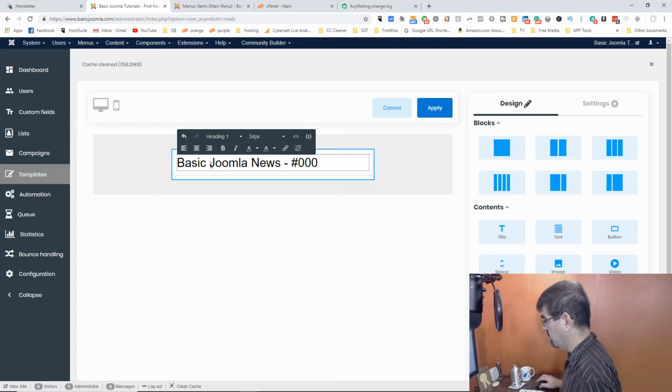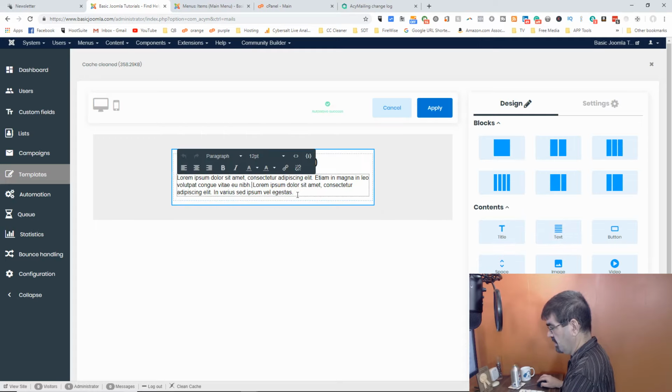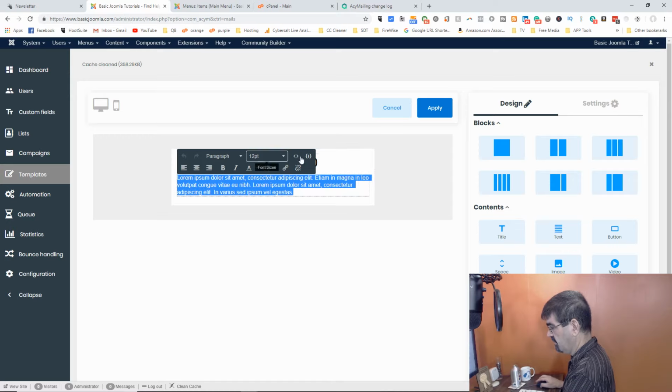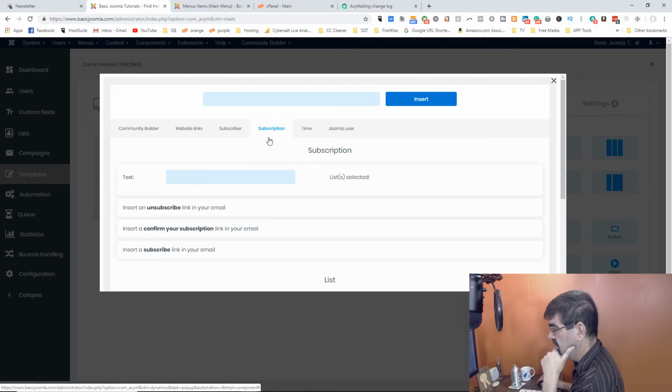And 000. All right, now let's take text. And here I'm going to select this and use dynamic text. So now we can select some content to put in here. And to do that,